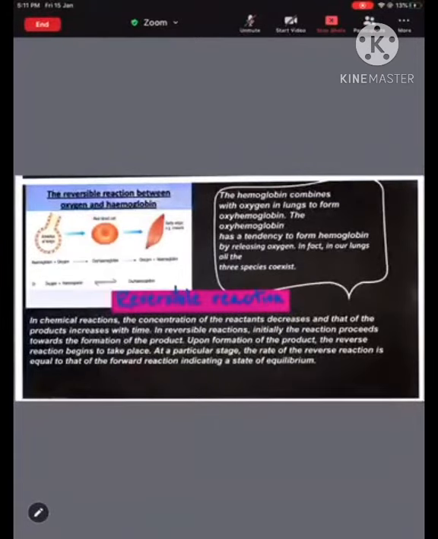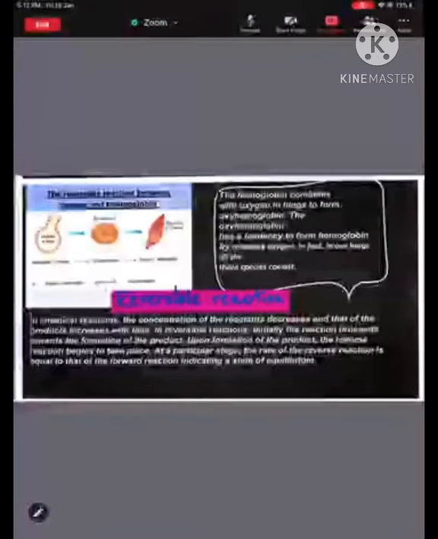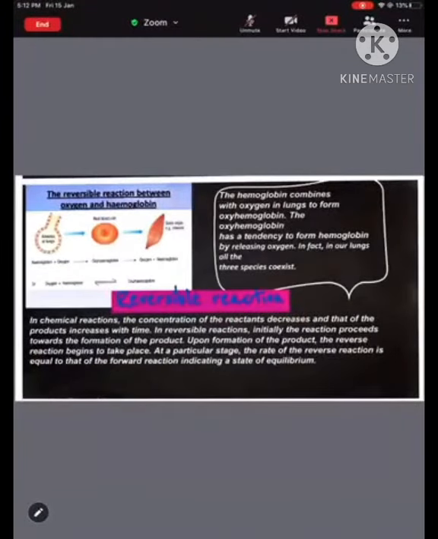What happens in our lungs is that we have hemoglobin and oxygen present there. Both will combine and form oxyhemoglobin. It's nothing but hemoglobin carrying oxygen. This oxyhemoglobin will travel via your blood and reach all the cells in the body. And the cells, at the particular temperature, pressure and ambient situation there, will make this oxyhemoglobin release oxygen to the cell, and finally you get back your hemoglobin, which will again be carried via blood and reach your lungs.